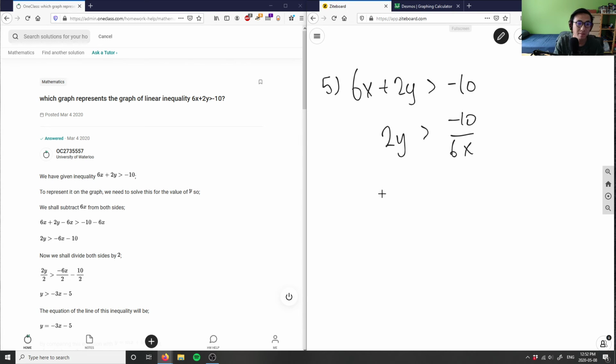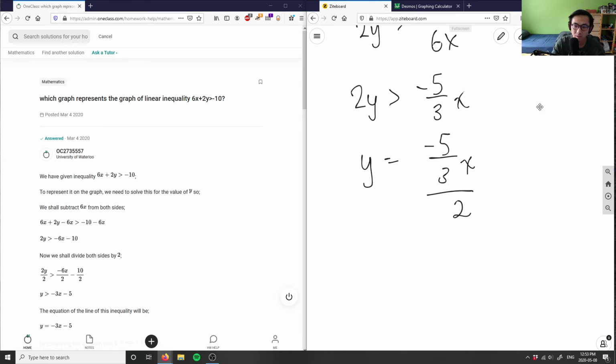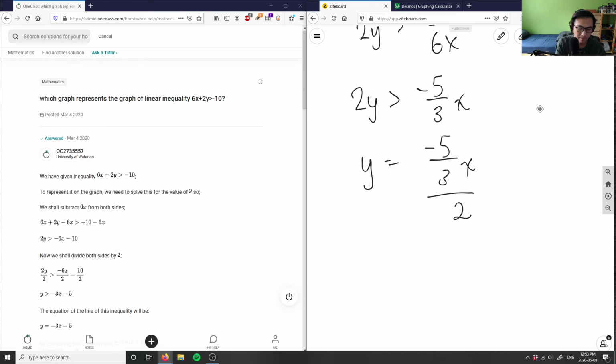So y here would be negative 10 over 6x divided by 2. Let me just clean this up first before we actually do this. So this is negative 6x, so 2y would be negative 10. Negative 10 divided by 6 would be negative 5 over 3 x, and then I can simply say y has negative 5 over 3 x divided by 2, right? And this here is going to equal